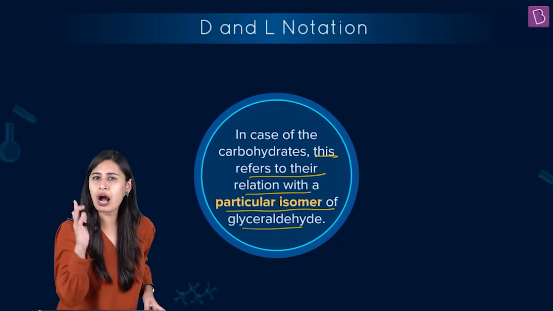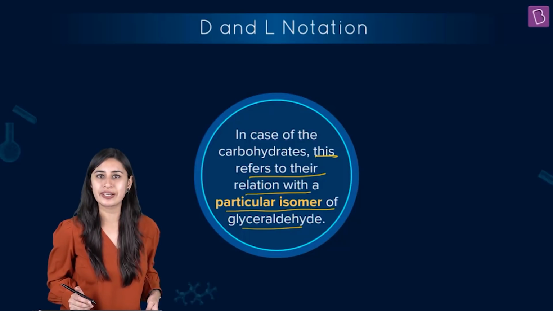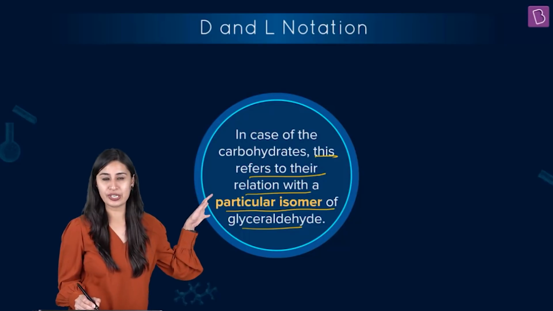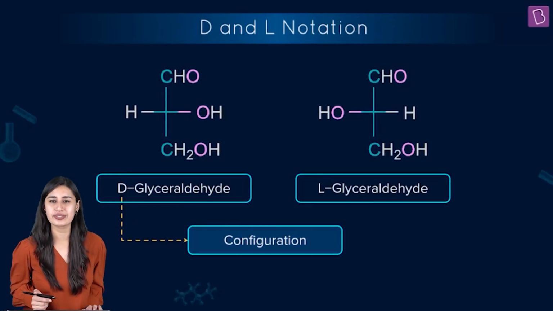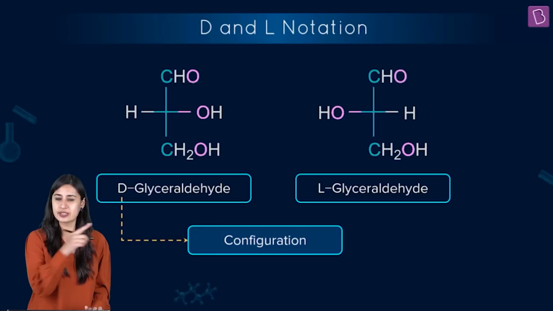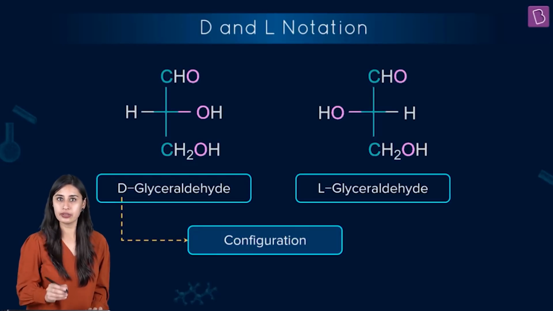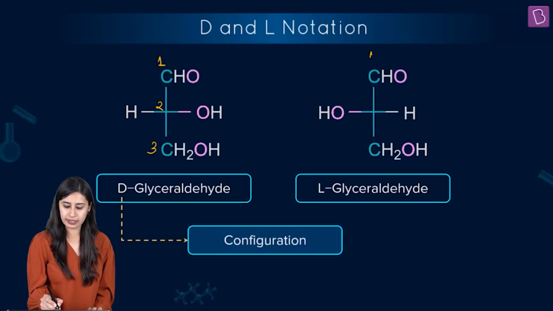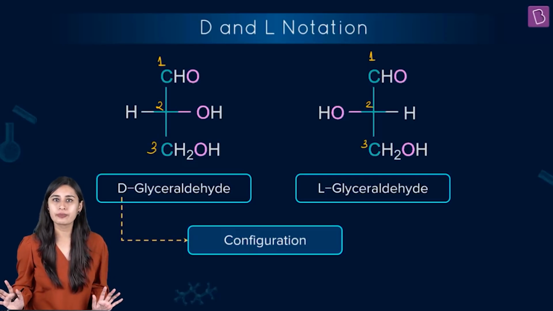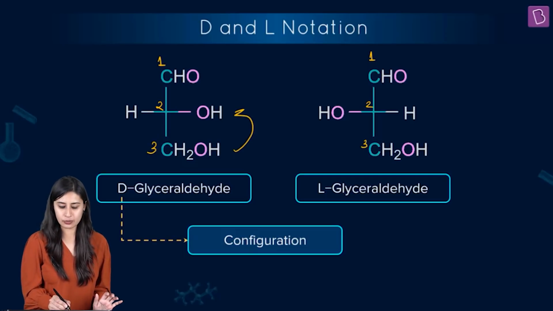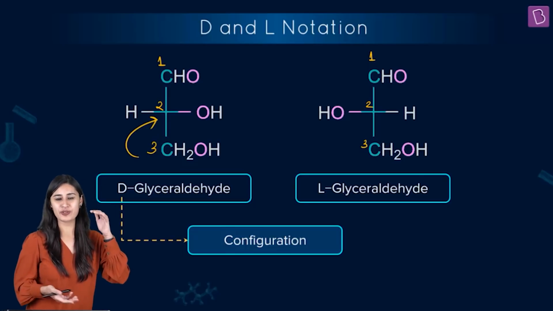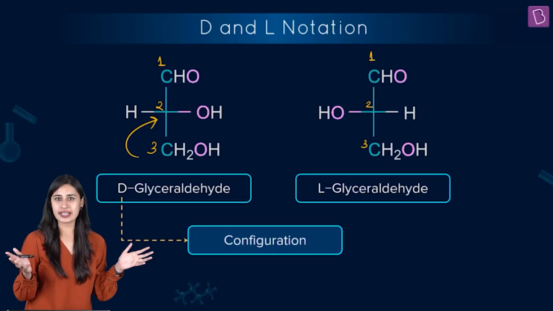So you should know how the glyceraldehyde molecule looks. It has a CHO, it has OH, and if I show you the molecule, it will become high definition crystal clear. So look at this CHO. I'm giving the carbon of the CHO as carbon number 1. This is carbon number 2 and this is carbon number 3, right? Observe the second carbon only for now. Second last carbon also is what I can say here, or in glyceraldehyde, from top if you start or from bottom if you start, it is the second carbon.